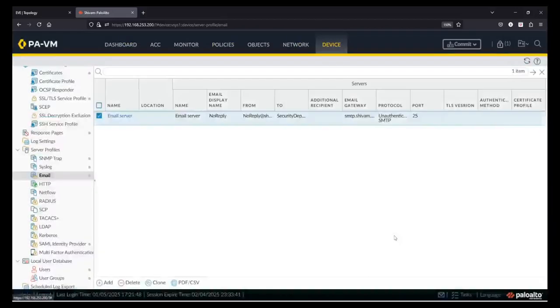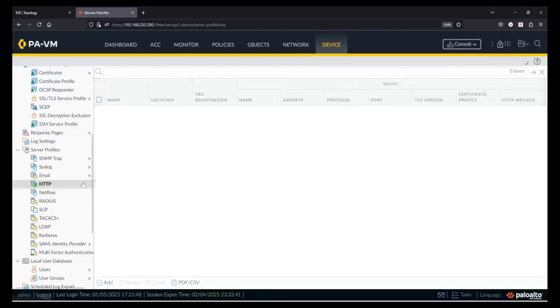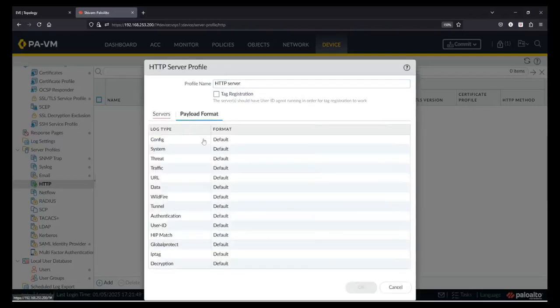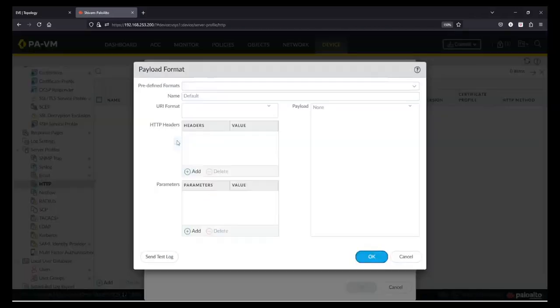Yep, that's how you create an email server profile to be used. And then let's create an HTTP profile. In order for the firewall to connect to certain servers, you create this profile. So let's say HTTP server, and then under the payload format you can define, again, the logs, what format